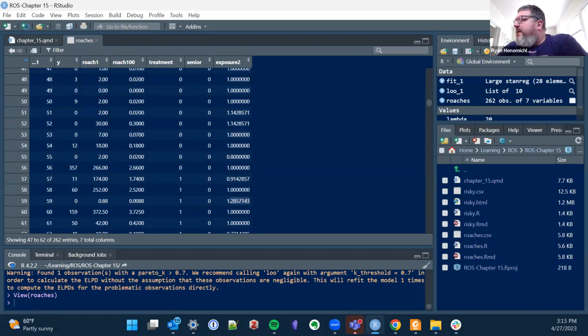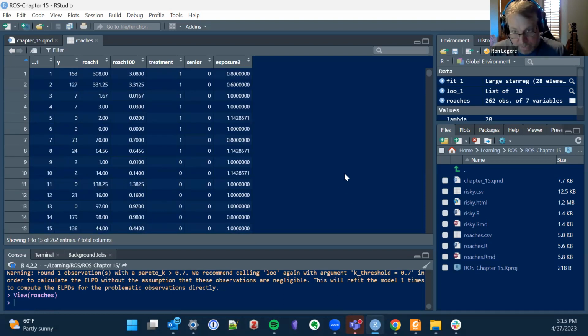I'm trying to look up what the dang thing means, but I can't even find it now. I'm looking at it right now. Treatment and control were applied to 158 and 104 apartments respectively. Outcome y measures each apartment's number of roaches caught in traps. Different traps had a different number of days, which we label as u, the number of trap days. Some of them must have been partial days for some reason. Who knows? So u is exposure2, the number of trap days. Log u is the offset for the logarithmic regression.